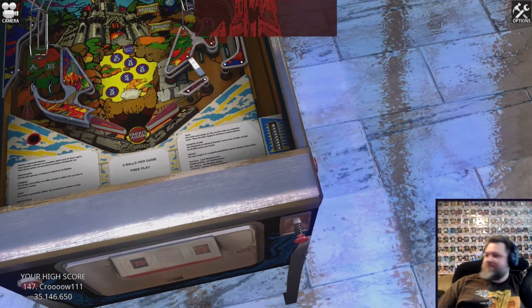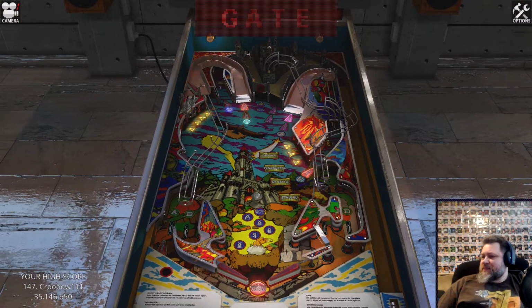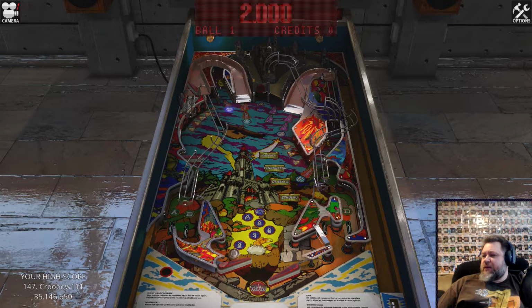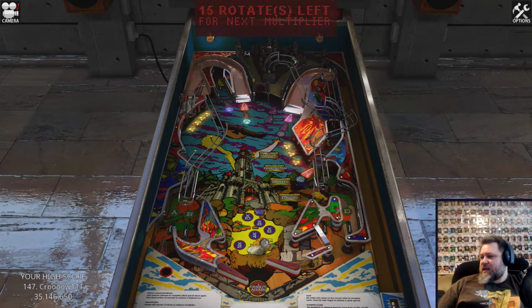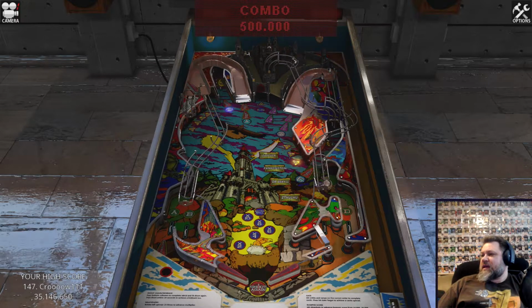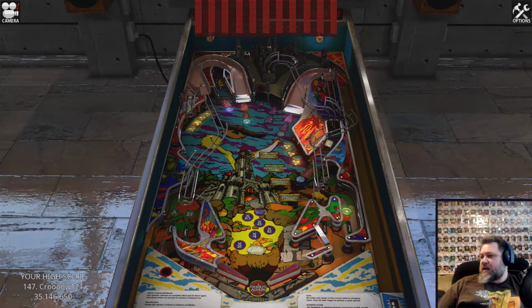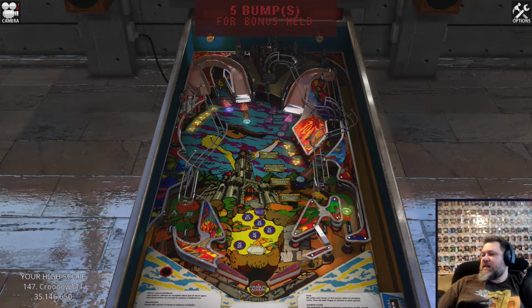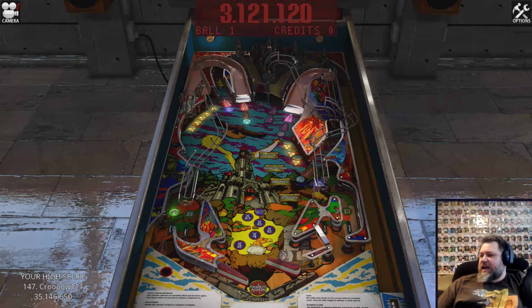The censored versions. See, do that right off the bat, and you've got the G. Don't move. Bravo. Nice, you got the lock too, so getting pretty good at